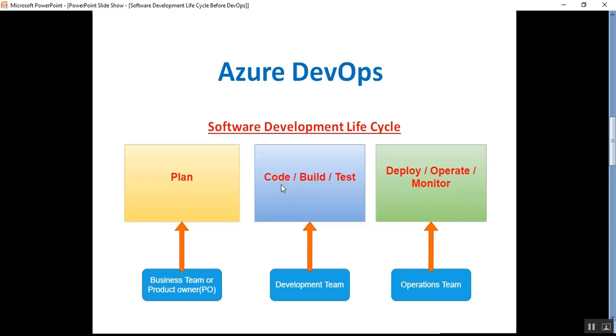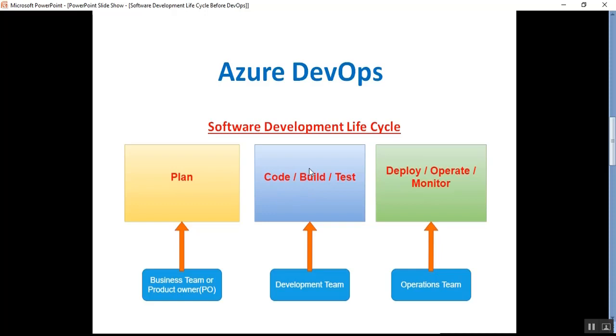There is one more thing: code and build are both part of the developer's work, but the developer should do unit testing. There are many unit test frameworks like MSTest, and there is also the mock test framework, and XUnit. If you create a .NET Core application, there you can see the various unit test frameworks.